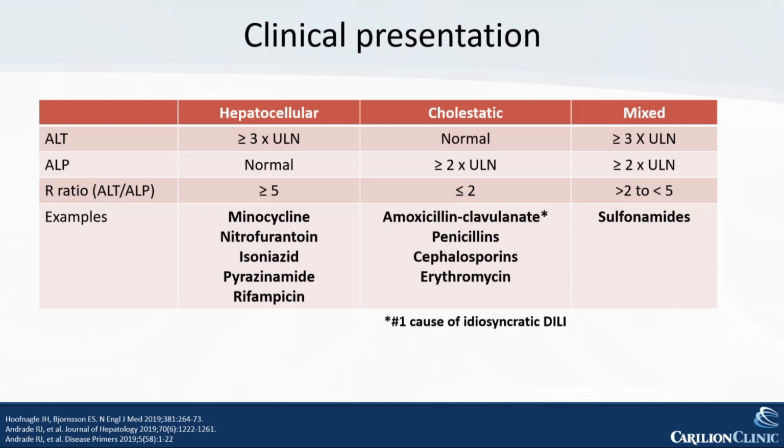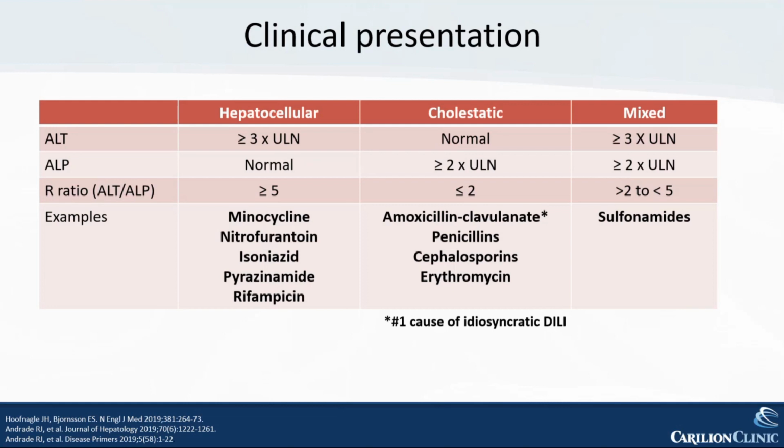In terms of cholestatic presentation, with a little bit more of an ALP elevation, we see one of our number one causes of idiosyncratic DILI being amoxiclav, and that's probably due to the frequency of amoxicillin-clavulanic acid's use in the ambulatory setting. But other penicillins, cephalosporins, and erythromycin have all had some association with this presentation. It's not always reproducible; sometimes after stopping the medication and giving a washout and retrying, patients do much better with a repeat. So rechallenges are possible in some of these situations. And then a mixed picture we see with our sulfonamides, which can have a little bit of a different approach depending